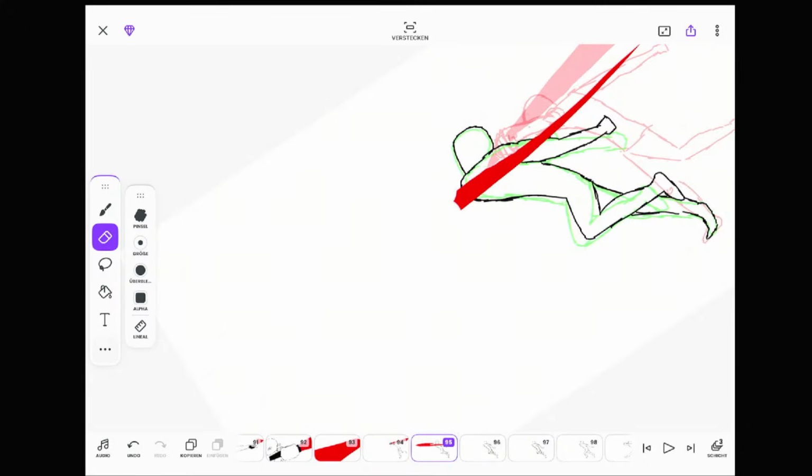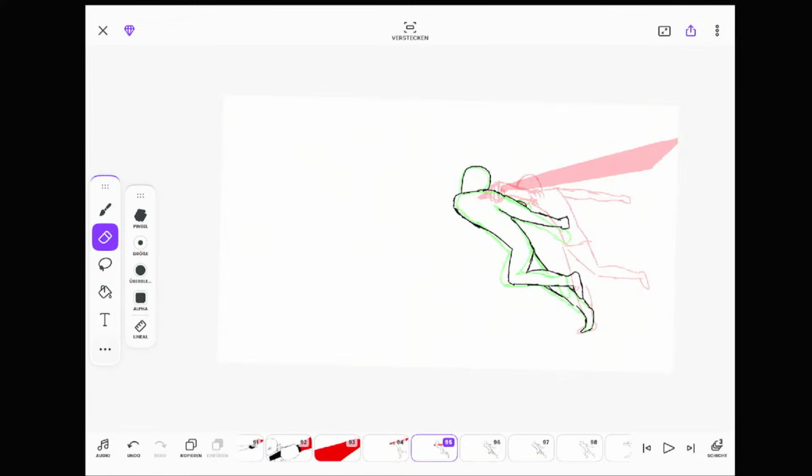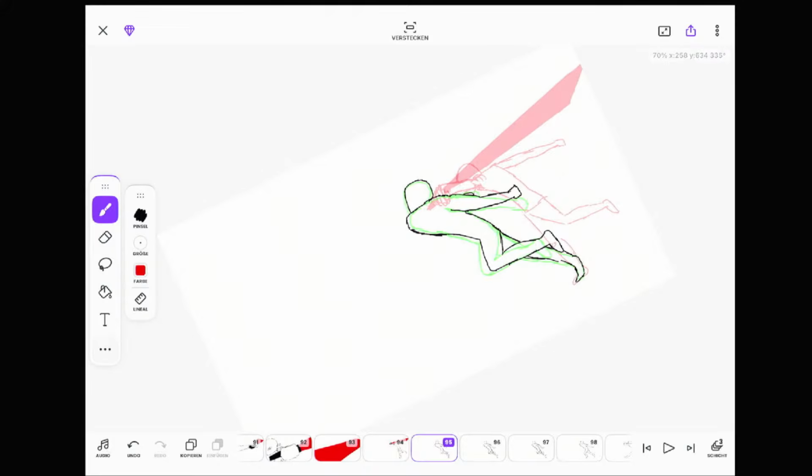I think I know why it looks off. Like I know it.